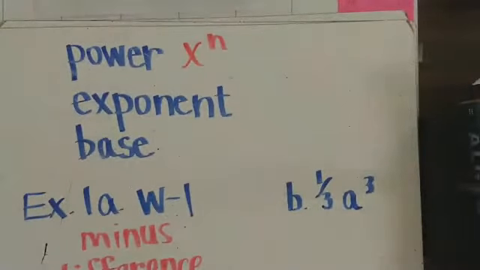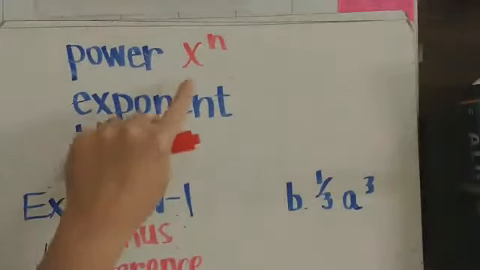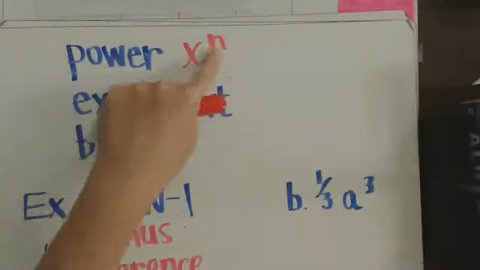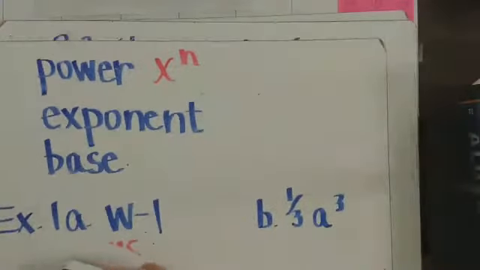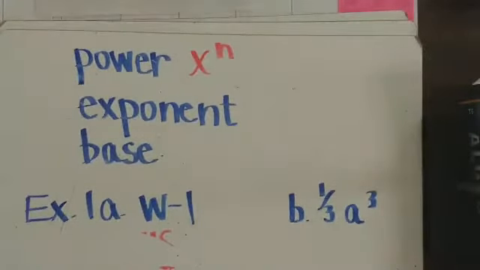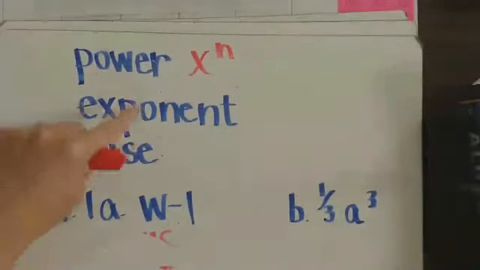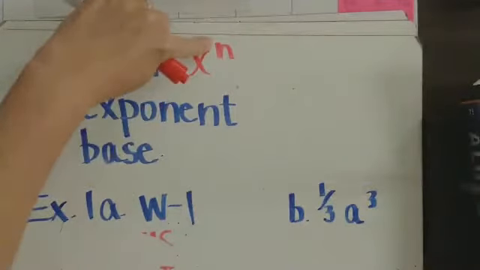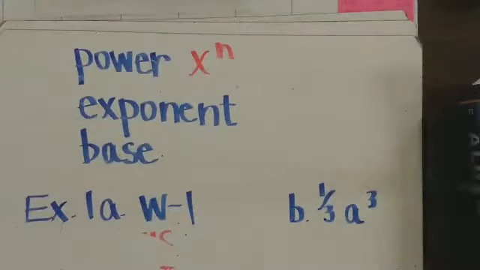Power: in an expression of the form x to the n, it's read x to the nth power. Next, we have exponent. In an expression of the form x to the n, the exponent is n. It indicates the number of times x is used as a factor. And then we have base. In an expression of the form x to the n,